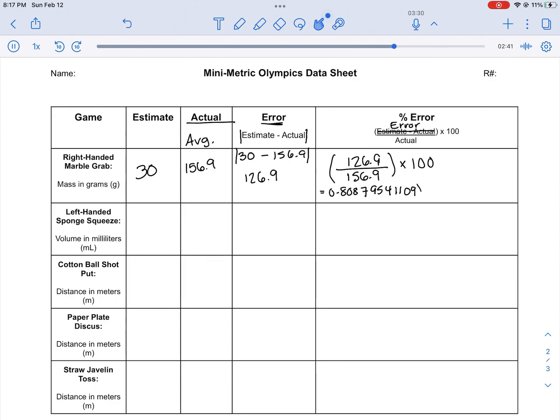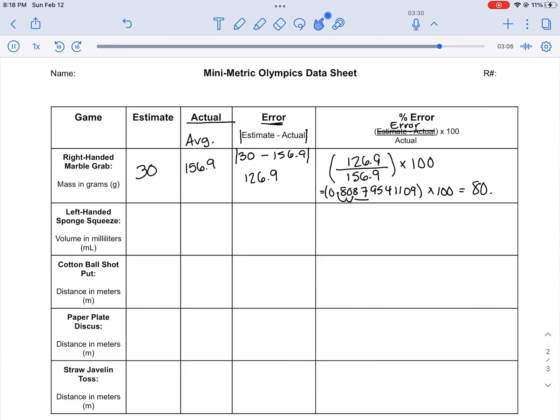0.80879541109, and I'm going to multiply that by 100. And I'm going to round that to my first decimal place. I know we went over the rules for rounding for all of our sig figs, but for this assignment, I want you to round to the first decimal place. So multiplying by 100, I just have to move my decimal point over 2. That will give me